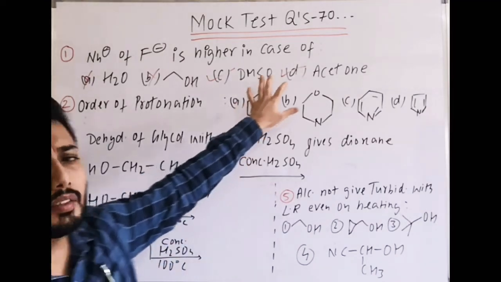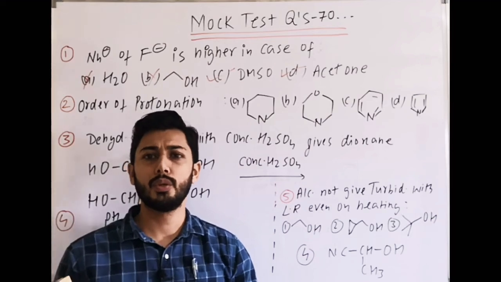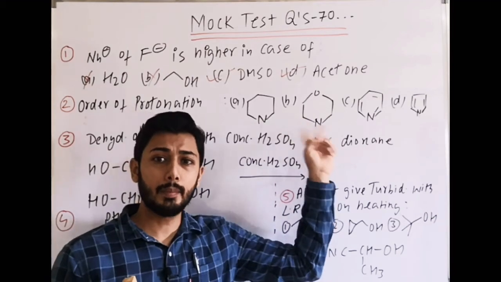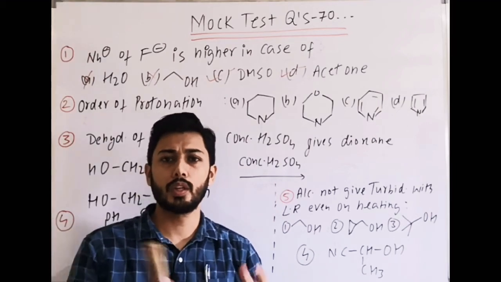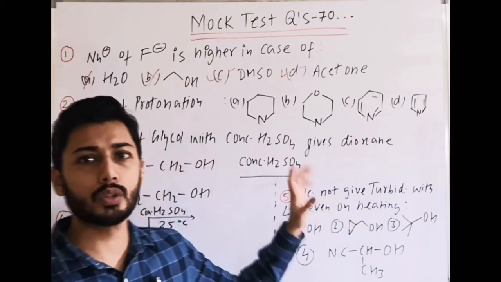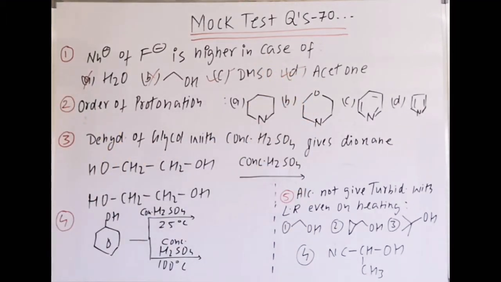reactivity, where we would have to check if there is a particular reactivity order, but as per our level we never use in which aprotic solvent it is faster. We never use this thing. We use the polar aprotic solvent general trend, so you can also go for that. Here both are aprotic solvents and the answer should be both 3 and 4, not only option 3. The next question is order of protonation.